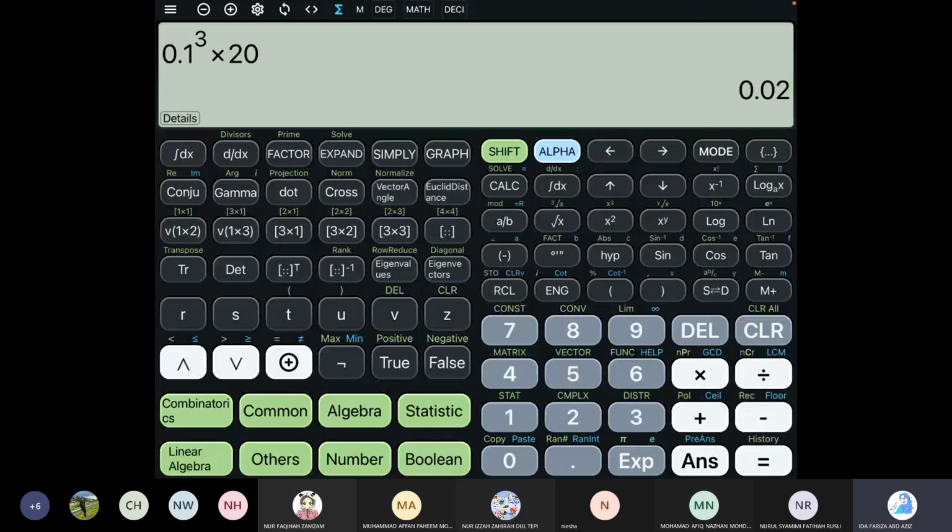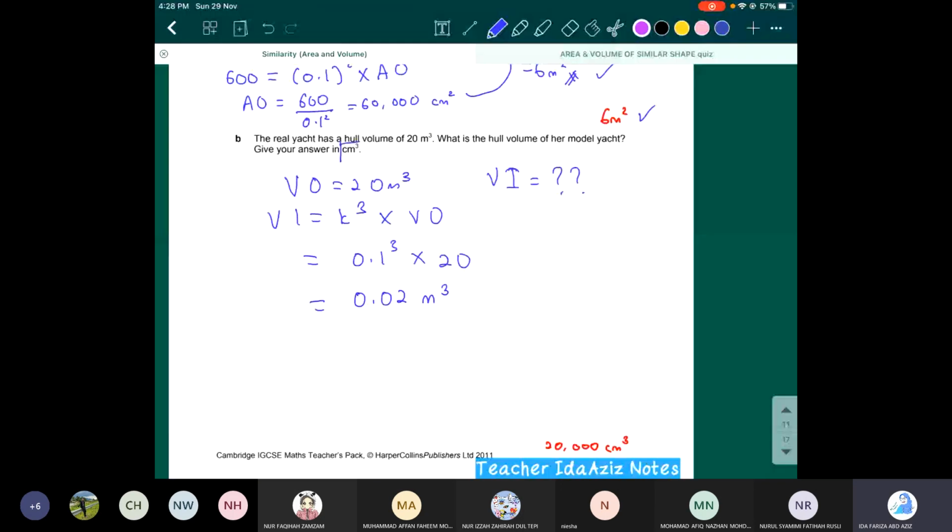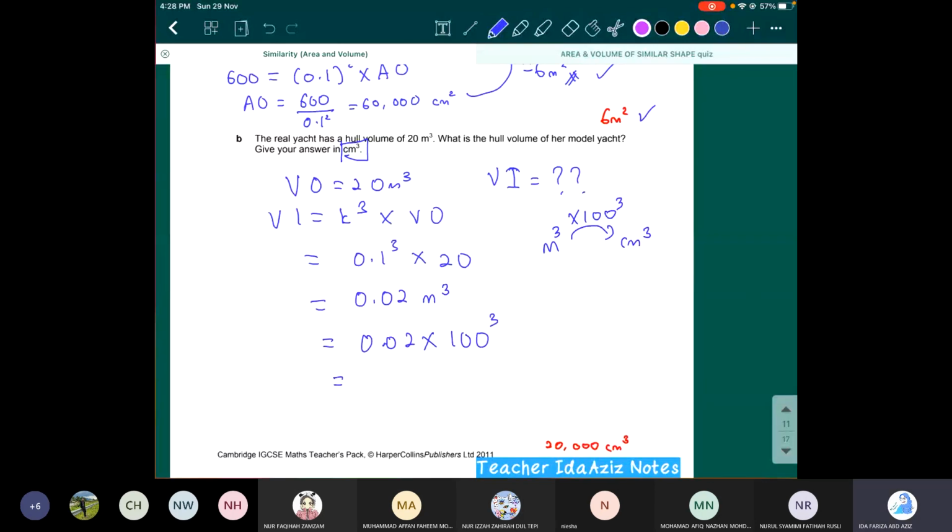Okay. 0.02 ni meter kubik. Soalan dia kata give answer in centimeter cubic. Okay, meter nak pergi pada sentimeter, kita times 100. Betul? So kalau meter cubic nak tukar pada centimeter cubic times 100 cubic. Okay, so you kena buat 0.02 times 100 cube. Okay, so kita masukkan dalam